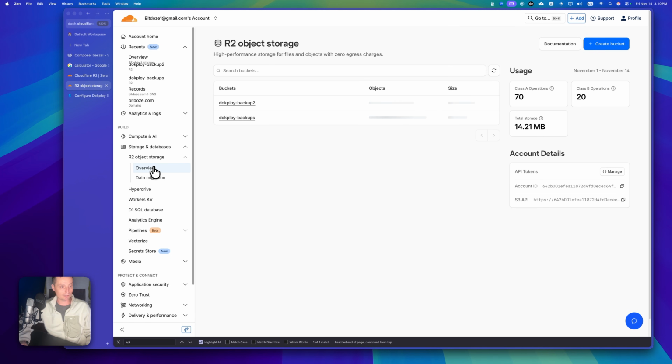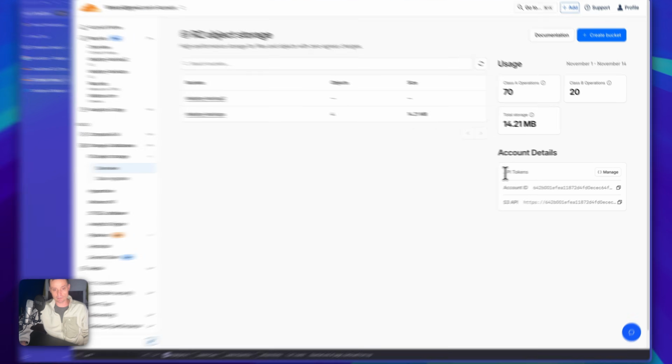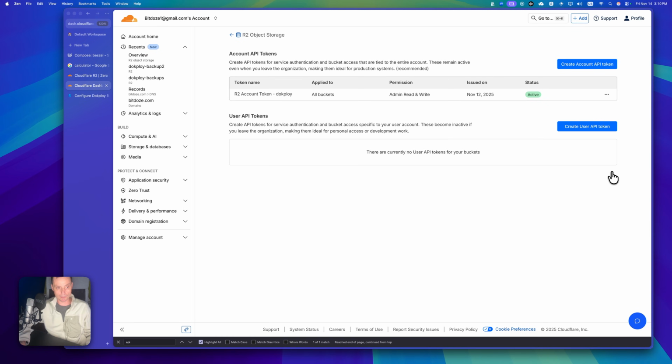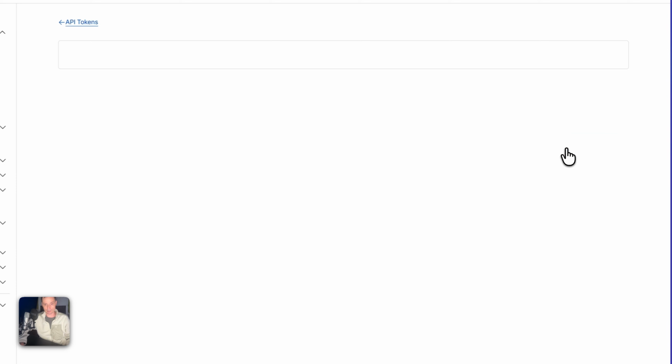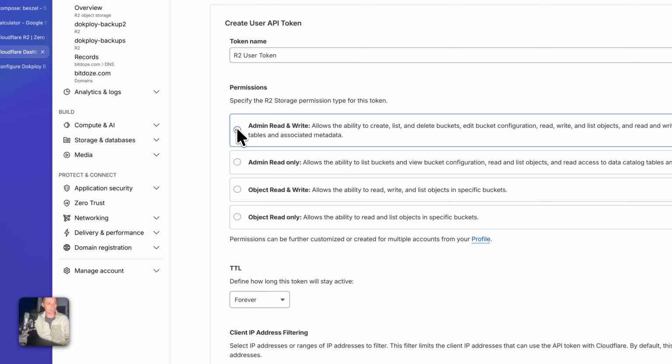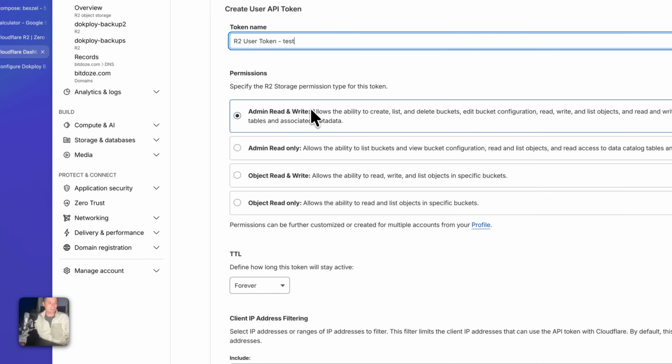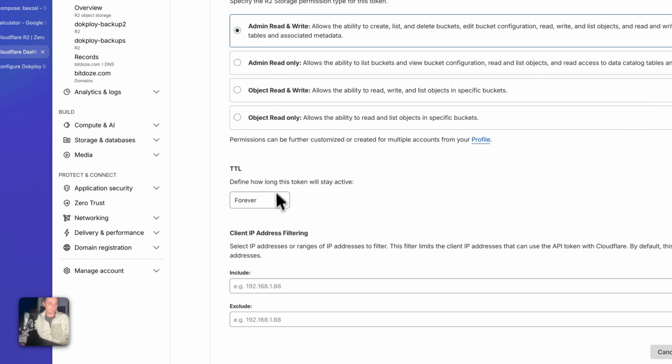So to do that, we're going to go in overview again, and in here you have the two buckets for our things, and in here you will have the API tokens, and in here you have manage, and we are going to create a new API token that will be used for this. I will create a user API token. I will use the admin. I'll put it like this, test. So it will be read and write, and I'll set it to forever to stay active,